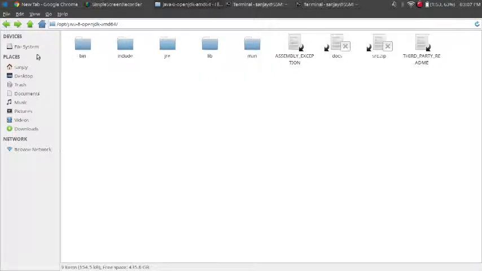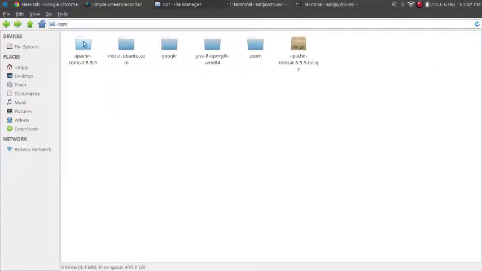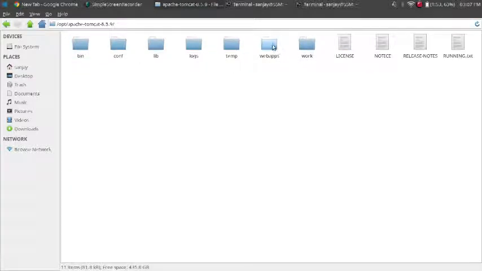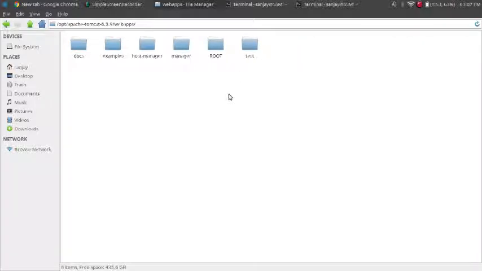After that we will see Apache Tomcat. We will go in the Apache Tomcat folder. Afterwards we go in the webapps folder. In webapps we need to create one folder, test. I have given the name test. You can give whatever name you want: test, exam, your name, whatever you want. In the test folder, I have created one JSP file, and in the test folder you can create a JSP file. You can create an HTML file here also, no problem.